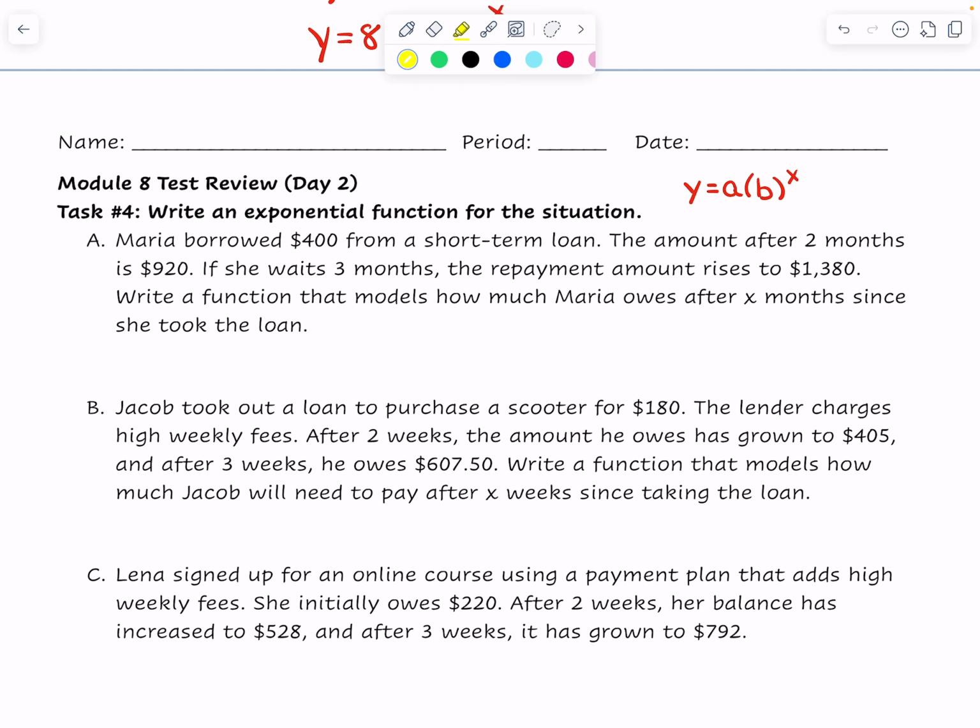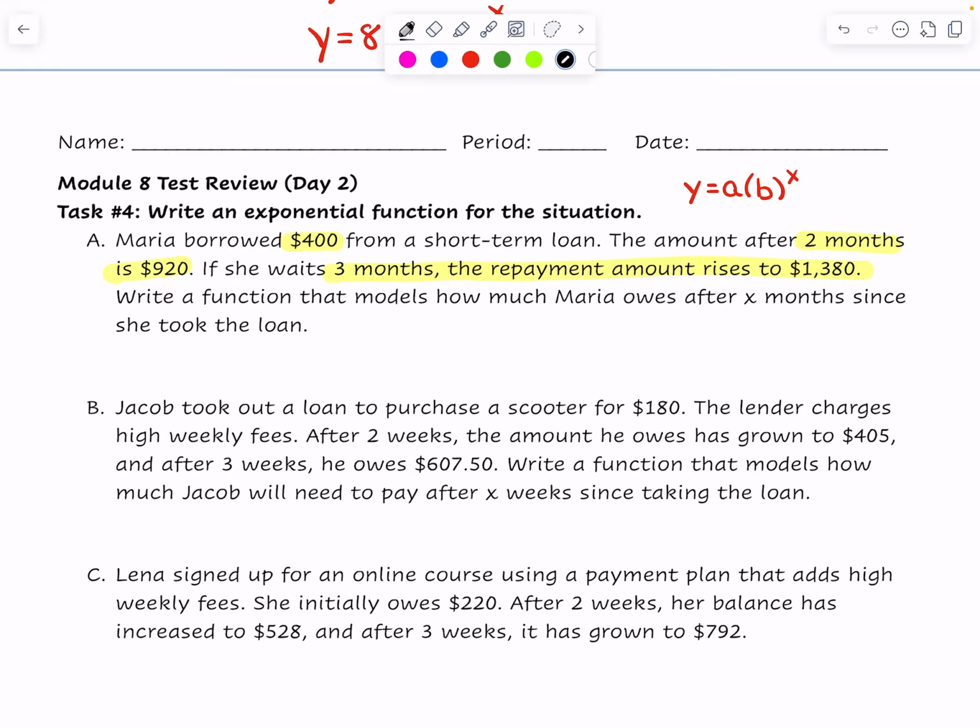So on this equation, I see that Maria borrowed $400 from a short-term loan. The amount after 2 months is $920. If she waits 3 months, the repayment amount rises to $1,380. So we have to write a function that models how much Maria owes after x months. So she borrowed $400. 2 months later, she's going to have to pay $920, and if she waits till 3 months, then she has to pay